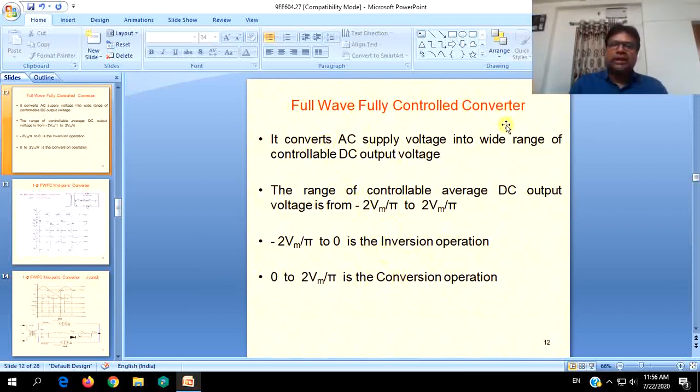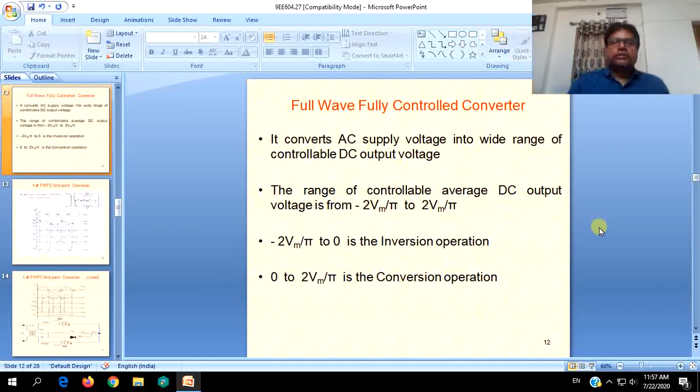Actually, though this is a rectifier, if alpha falls in this range during the triggering action, a sort of inverting action takes place. That is, it will be converted into DC, but it becomes negative. Those things will be discussed in the follow-up sessions.